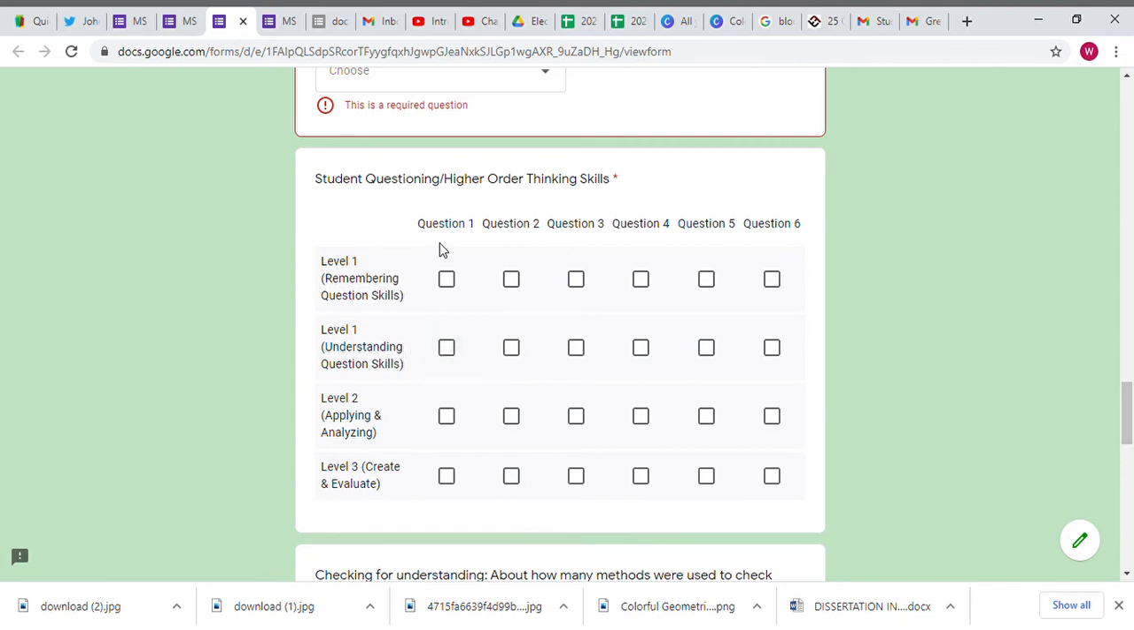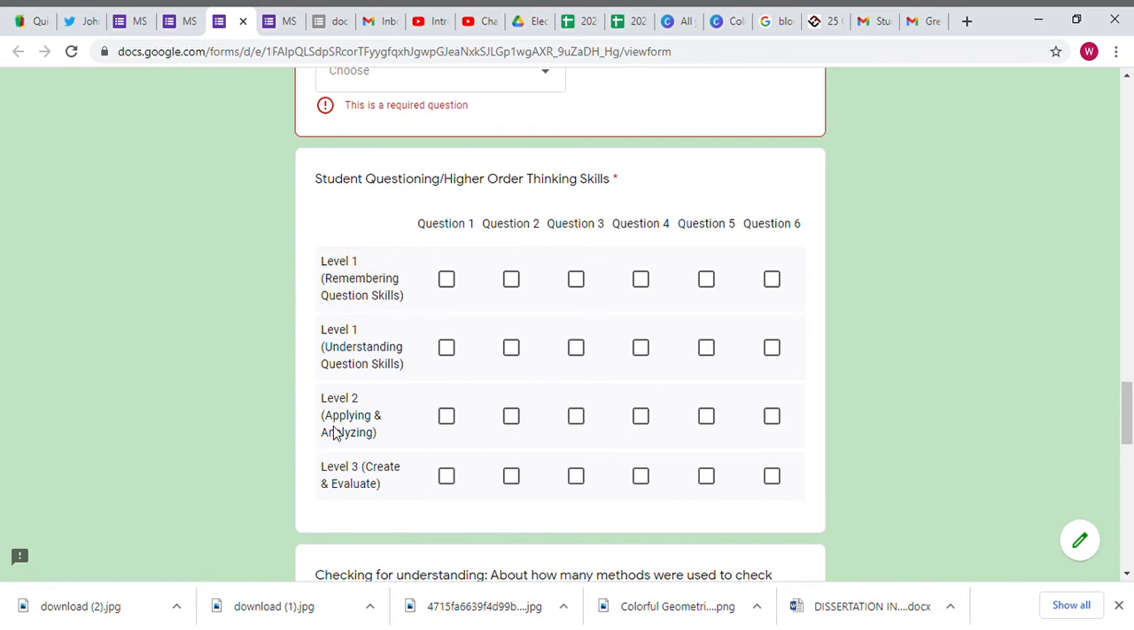Now, every time a question's asked in the classroom, we will mark which level it is on. Therefore, we kind of see exactly where they are. When we get to level 2 and level 3, we are now in our higher order thinking type questions. So those questions tend to be,